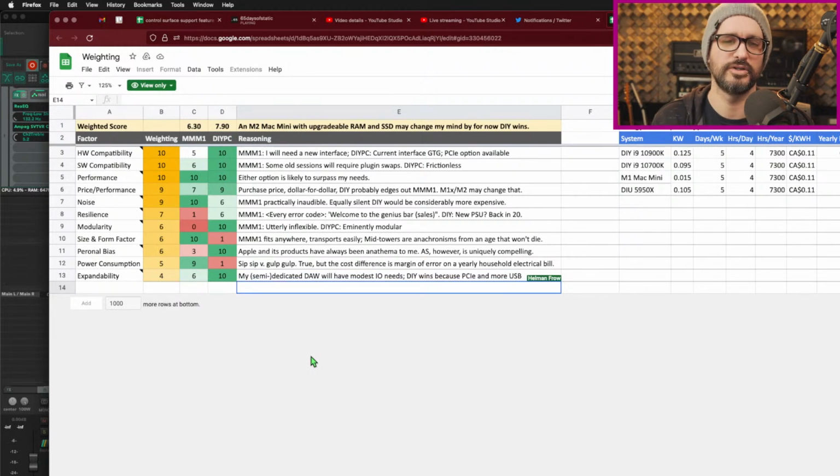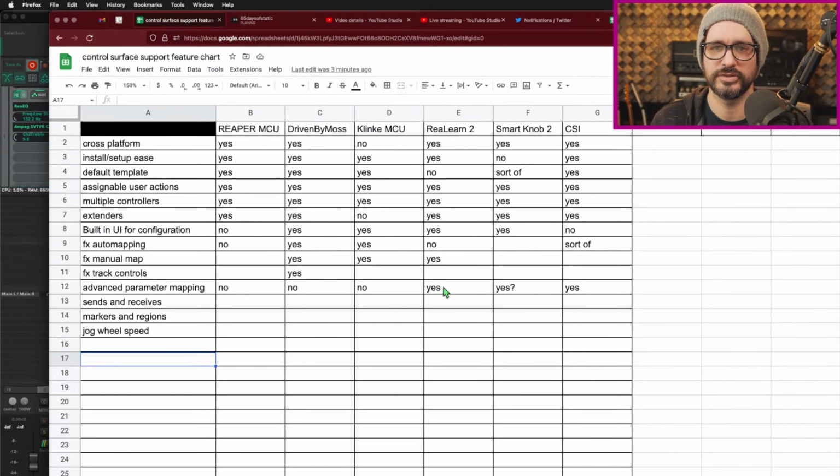Okay, so I was going for a number out of 100, and I would just kind of do it manually. Or maybe just put in another row below each one to put in a number, and then automatically calculate from that. But something like cross-platform, that can be maybe a score of 1, or maybe to some people that's a score of 20. But let's just say that's 1 point. Install, setup, ease. Yeah, I mean,